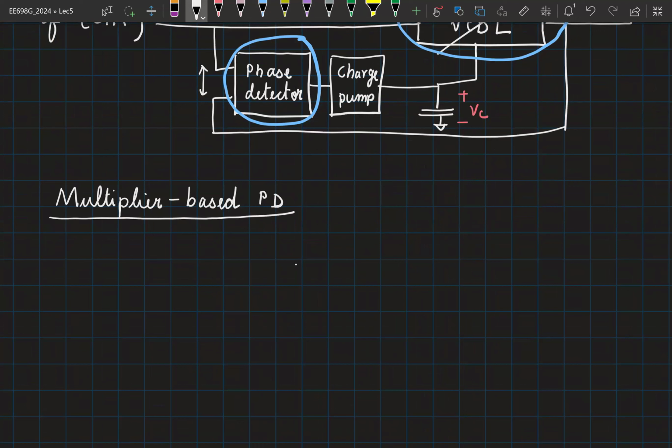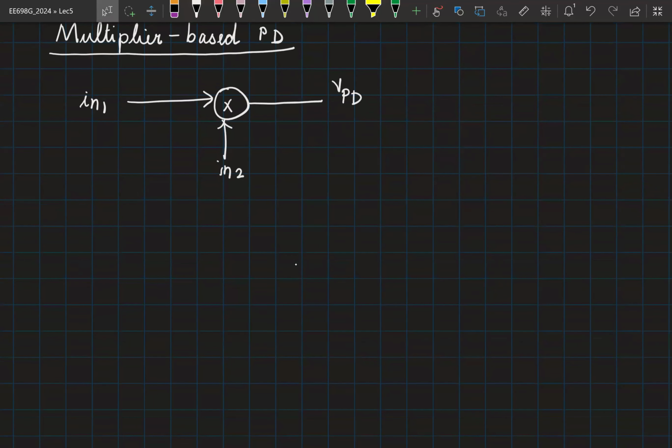The concept was very simple. You have in1 and you have in2. Multiply both of them, you get an output signal VPD. Do you relate VPD to phase error? We relate VPD average to phase error, right? And once you do this, what is the output signal you got? VPD average is? So assume in1 was some A1. So you can refer to your notes. The signal VPD average you got was A1 A2 by 2 cos of phi error,